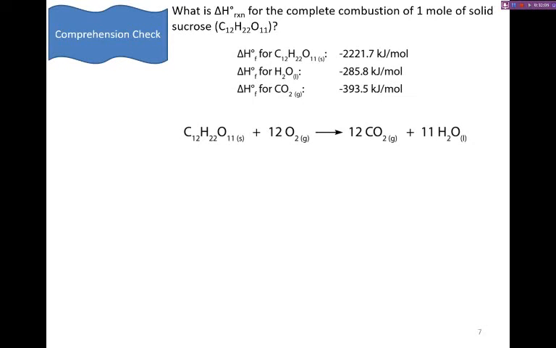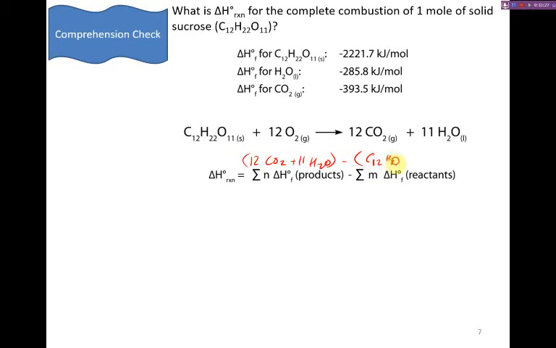So to find the enthalpy of reaction, we can take the sum of the enthalpies of formation of the products minus that of the reactants. So this will be the formation of 12 carbon dioxide plus the formation of 11 waters minus the enthalpy of formation of 1 sucrose